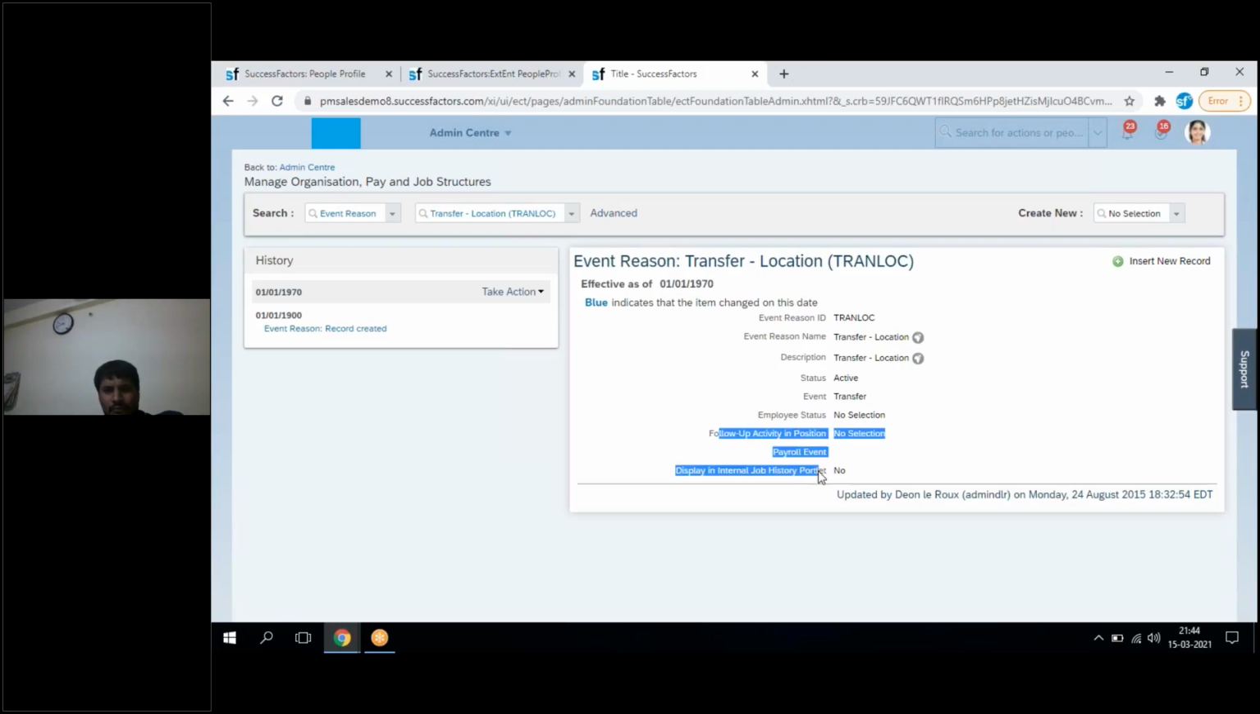We will not take any ownership. Whatever data they ask us to fill in for each and every event reason, we just fill them here. So the EC consultant is only responsible till here, these parts: for any event reason, the ID, name, description, status, and linked event. So like this, you are required to create all the event reasons in the system that are required for that